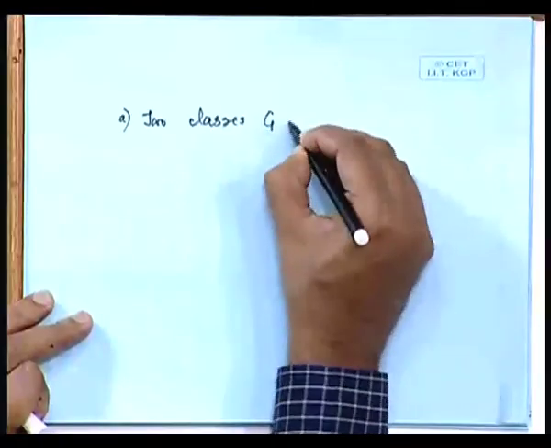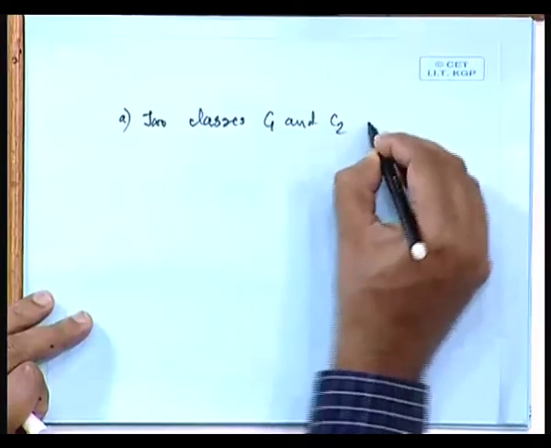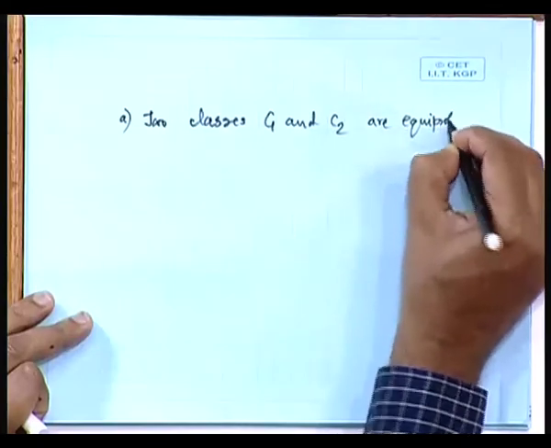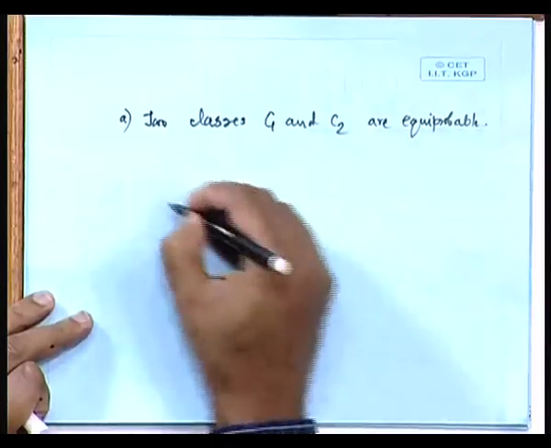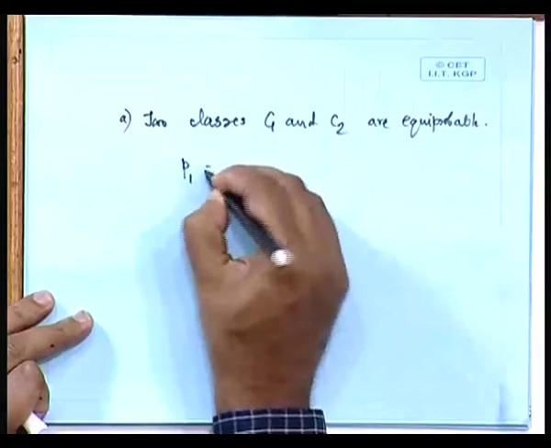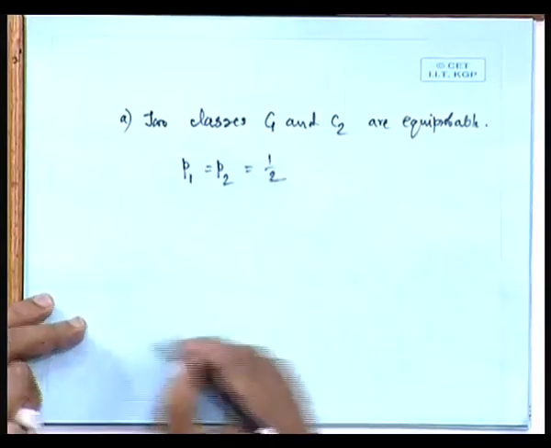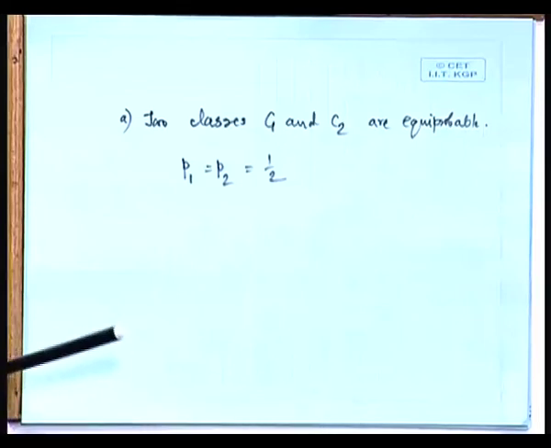So, if two classes C1 and C2 are equiprobable, in which case we can obviously write that P1 is equal to P2 is equal to half, and also we can